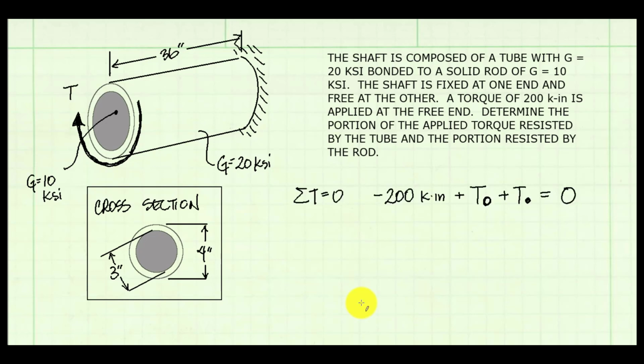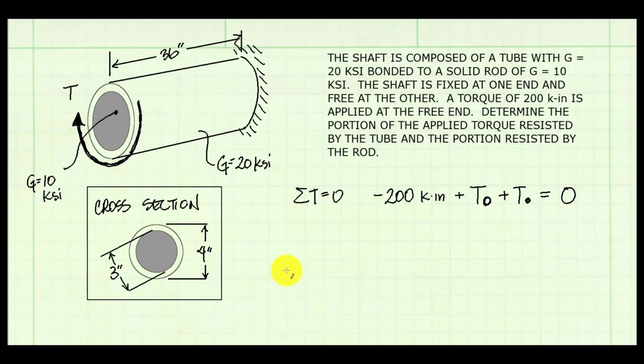Applying static equilibrium, we can sum the torques equal to 0. And we see that negative 200 kip-inches plus the torque in the tube plus the torque in the solid rod must be equal to 0. We have two unknowns. We need a compatibility equation. I'm going to use the alternative method for finding a compatibility equation, which is to look at the problem and,